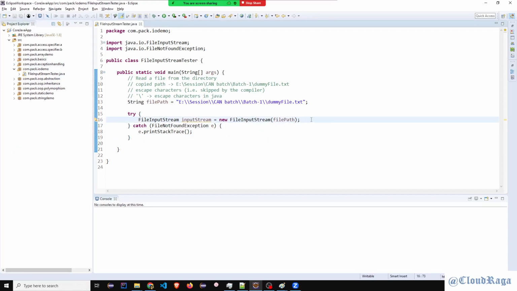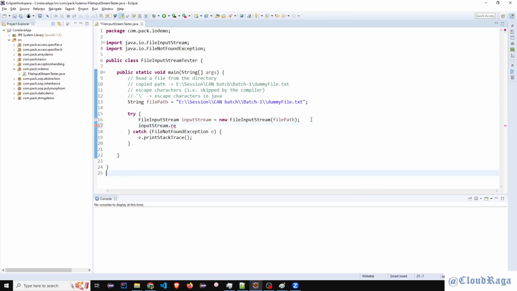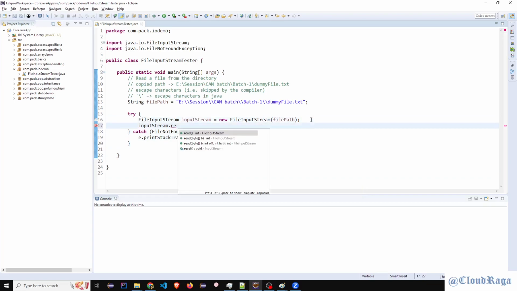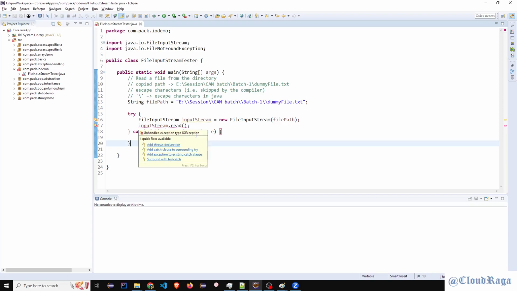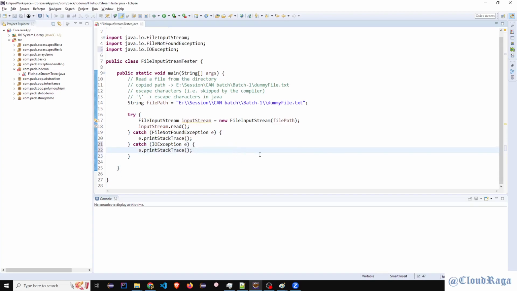Now, how to read the content inside this file? So we have a reference InputStream. So we'll say inputStream.read. See, we have a method read, this one, and if you check this read method, even before that, it throws an error as well. It throws an exception. It says unhandled exception type, IOException. So I'll say so this one. Okay. It's possible that you can have more than one catch block with one single try block. We can have lots of catch blocks. So that's how you typically see it.